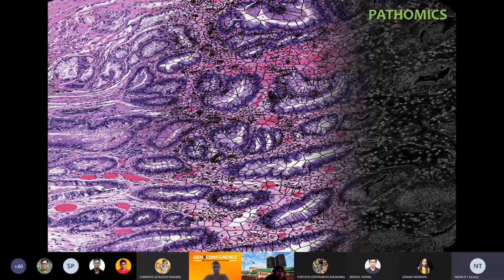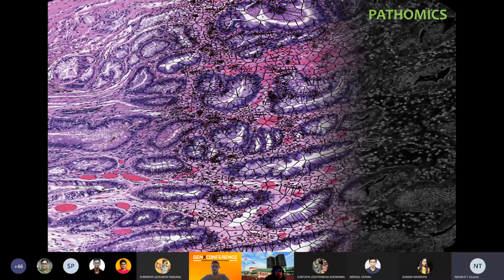Now, qualitatively, if you look at an image like this, you can see there are different kinds of cells here, and there's a particular pattern in which these cells are organized. But can we mathematically quantify these kinds of patterns that you see in an image? Now, as it turns out, yes, we can. So we can use image analysis, we can use machine learning techniques to provide a more quantitative interpretation of what this image actually looks like. So we can mine different kinds of patterns, and then this can be used to study the nature of different diseases.